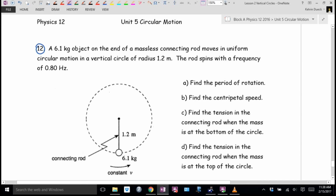In number 12, I haven't given you the speed or the period. What I have done is given you the frequency. Well, if I've given you the frequency, I've given you the period. Okay? So that's why A says find the period, B find the centripetal speed, and then find the tension,